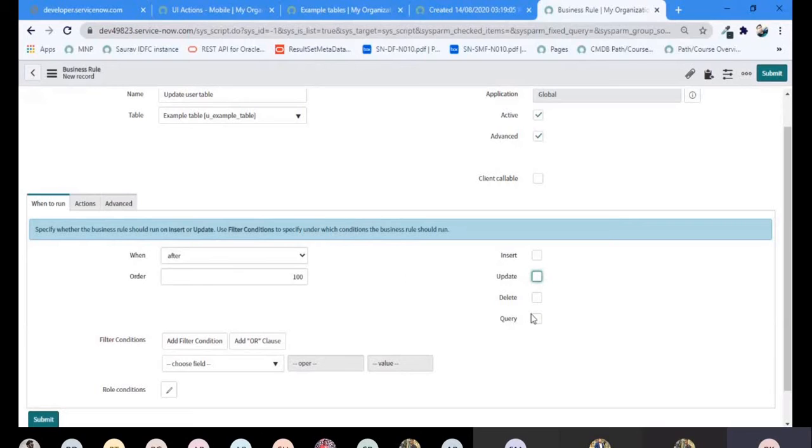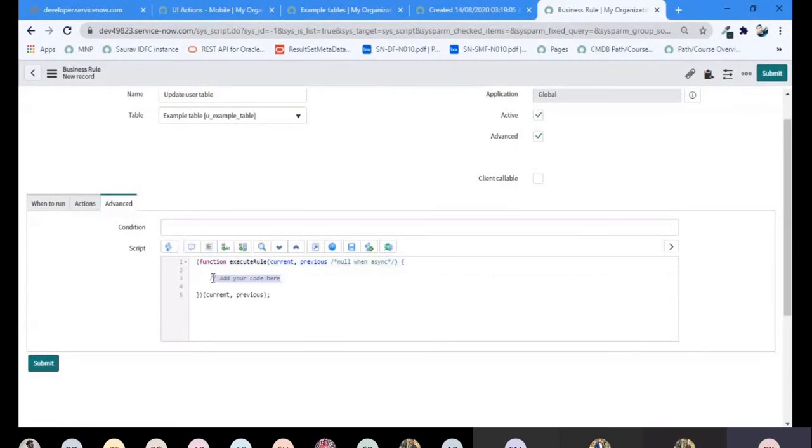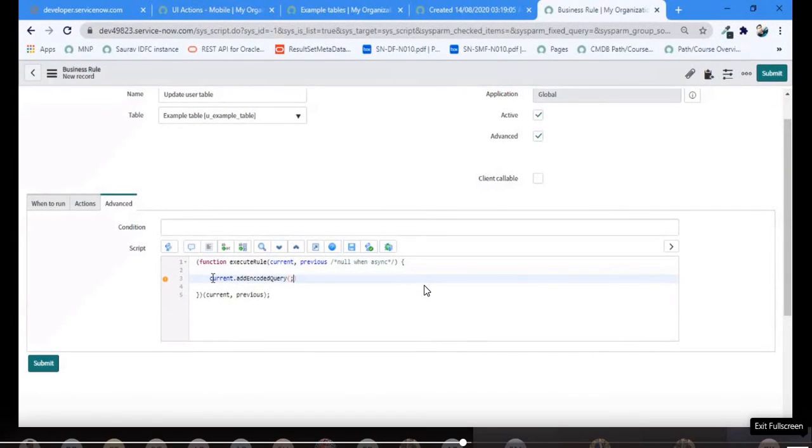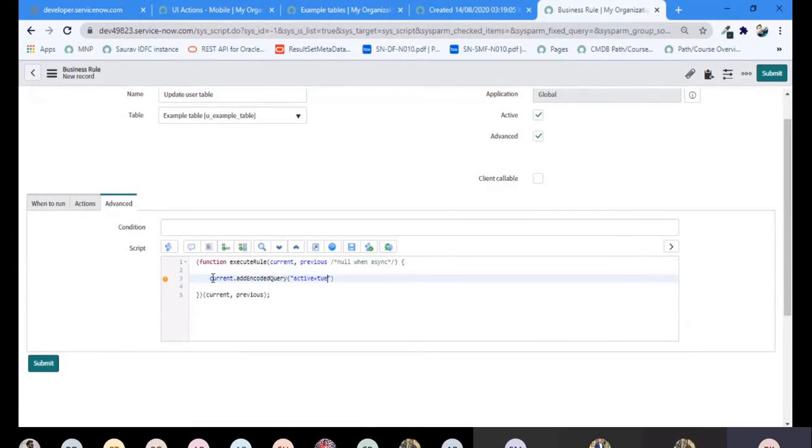So what you will do, you will select the query here, and in the advanced section you will pass a query, current dot query. For example, I pass active equals true.